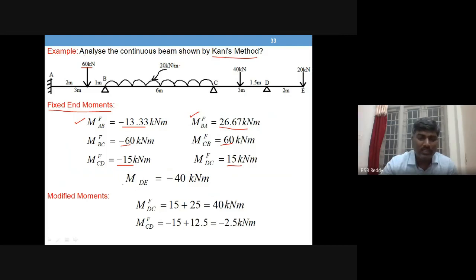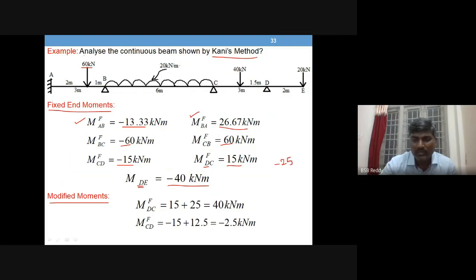Now you come to the portion of the cantilever, that is, the overhanging portion. The DE moment at D because of that cantilever portion is 20 into 2, so minus 40 is the cantilever moment. Now the moments shall be modified. So what shall I do? You see, the moment at D is plus 15 minus 40. So total, there is a balance of 30, I mean 25 is the balance, minus